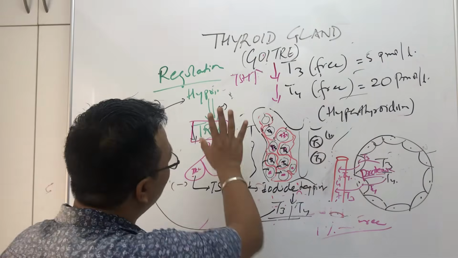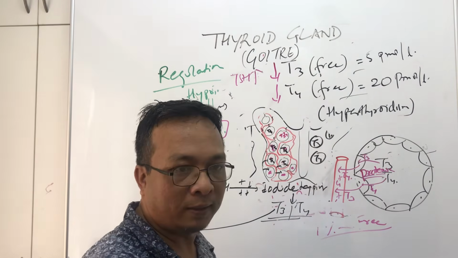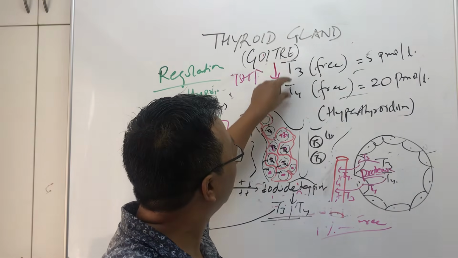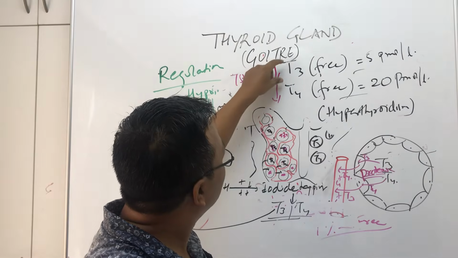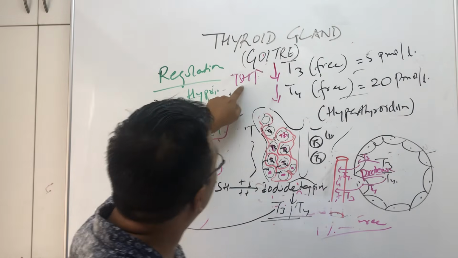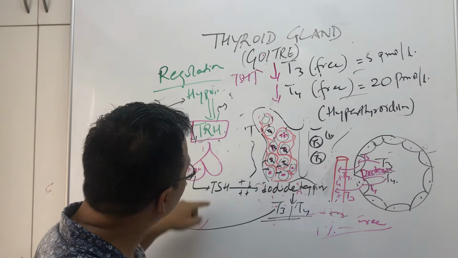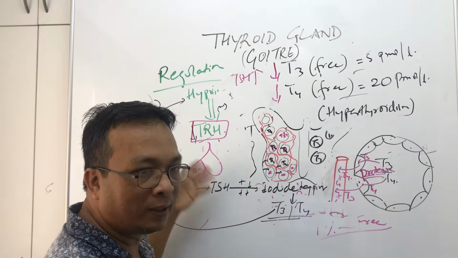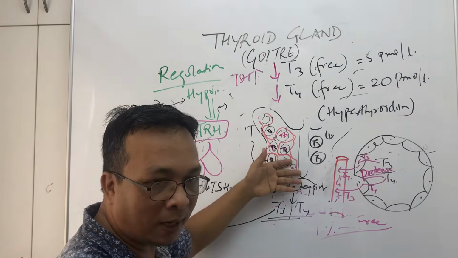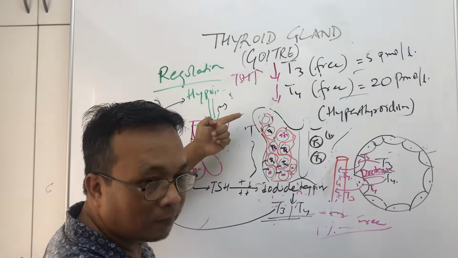Now what will happen? No iodine in the diet means T3 and T4 will go down, right? Because you cannot make T3 and T4 without iodine in the diet. So if T3 and T4 go down, what will happen to TSH? TSH will be stimulated, right? There will be more TSH, coming in high amount. It says, let's secrete T3, secrete T4. Why are you not making T3 and T4? It doesn't know whether there is a lack of iodine or not. But TSH will come in heavy amount because of the loop.